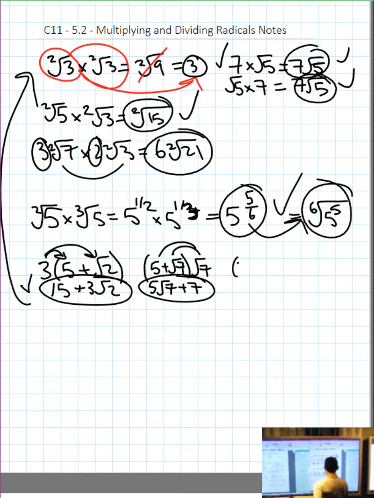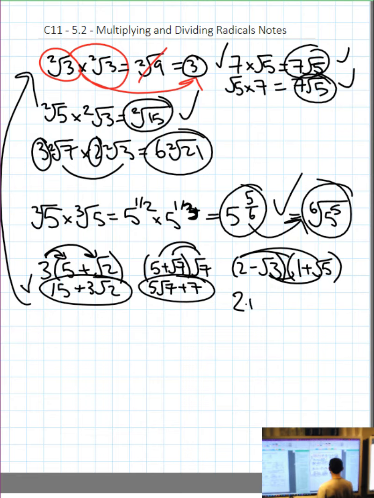Okay, FOIL. 2 minus root 3, close bracket times 1 plus root 5. I'm lazy, I'm not writing the tiny little 2. Well, we have to FOIL. 2 times 1 is 2. 2 times root 5 is positive 2 root 5. Minus root 3 times 1 is minus 1 root 3. Minus root 3 times positive root 5 is minus